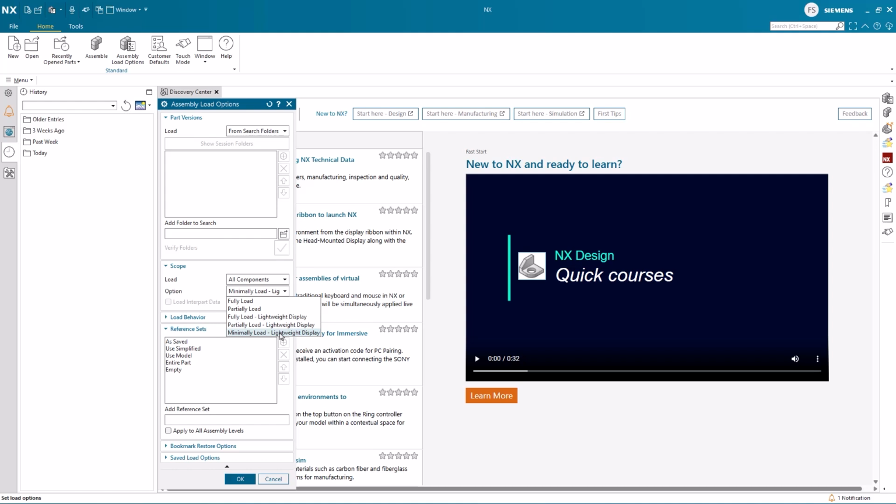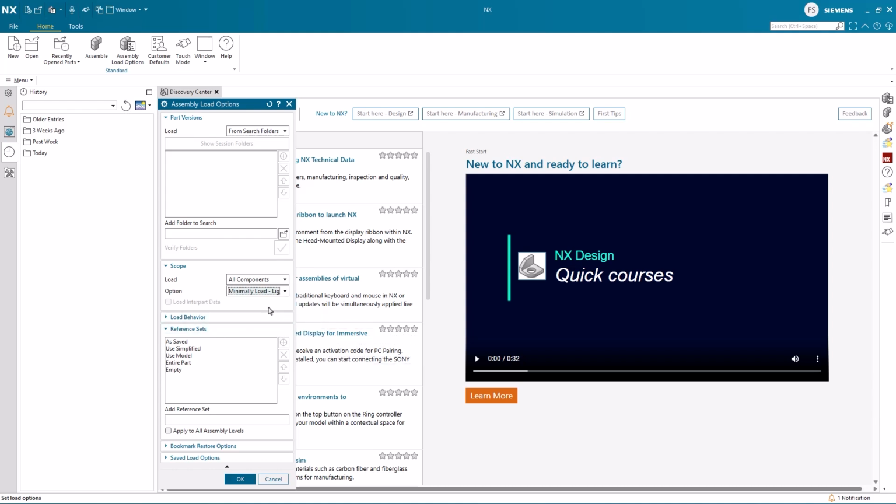Minimally Load, lightweight display, is the lightning fast way of loading an assembly to a visual state, but remember, the data loaded is based on displayed facets only. Of course, you can change the load state of your components at any time on a need basis.